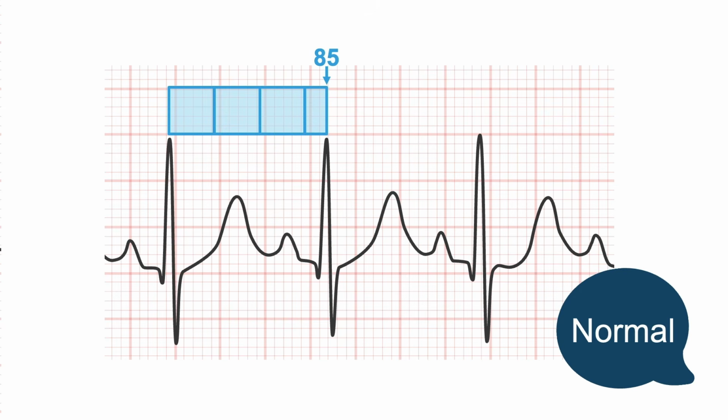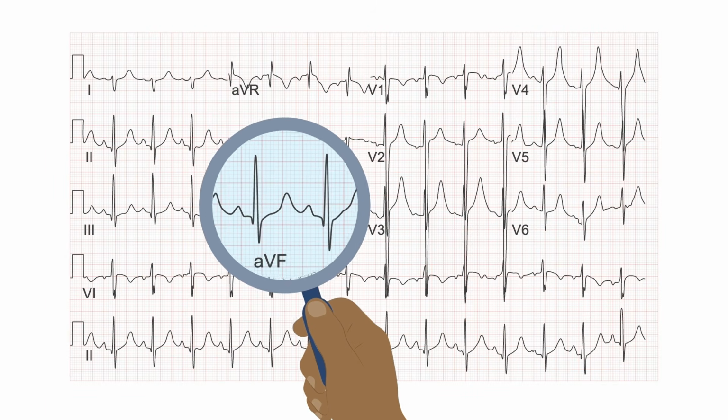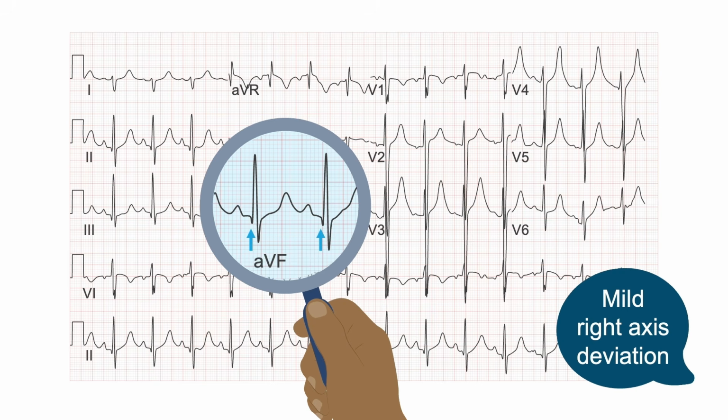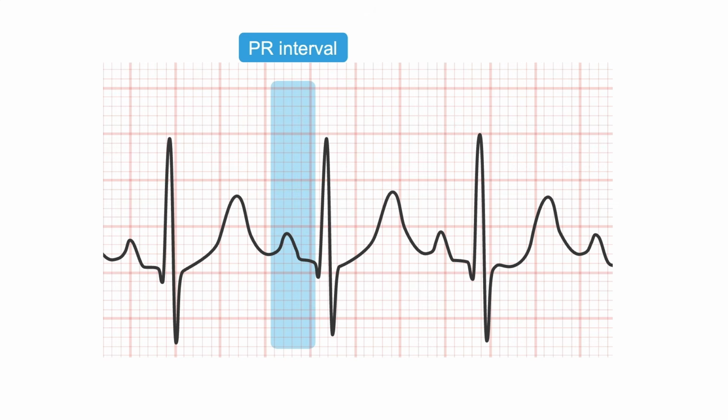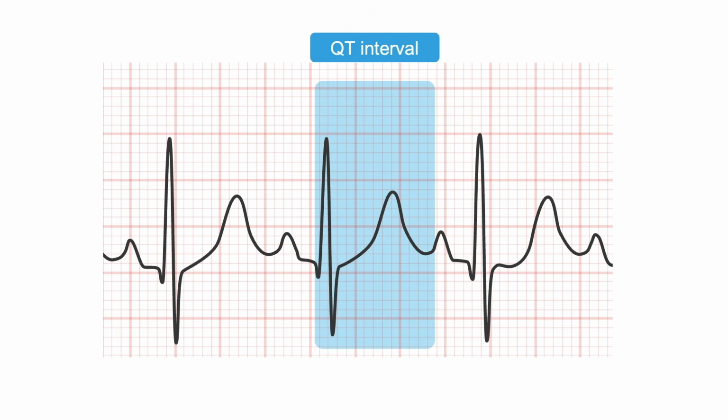Using the grid lines on the ECG, calculating the heart rate reveals a rate of about 85 beats per minute, perfectly normal. Now we examine the QRS complexes, which are downward in lead 1 and upright in aVF. These findings suggest mild right axis deviation. Now let's look at the intervals. The duration of the PR interval and QRS complex is normal, but the QT interval, even to the naked eye,